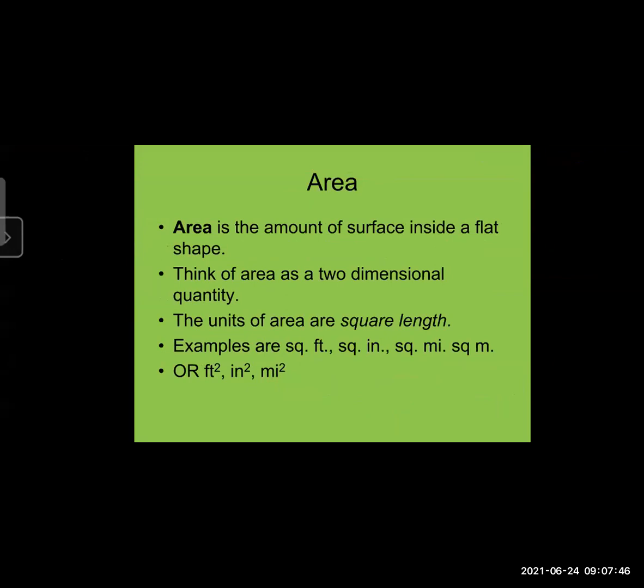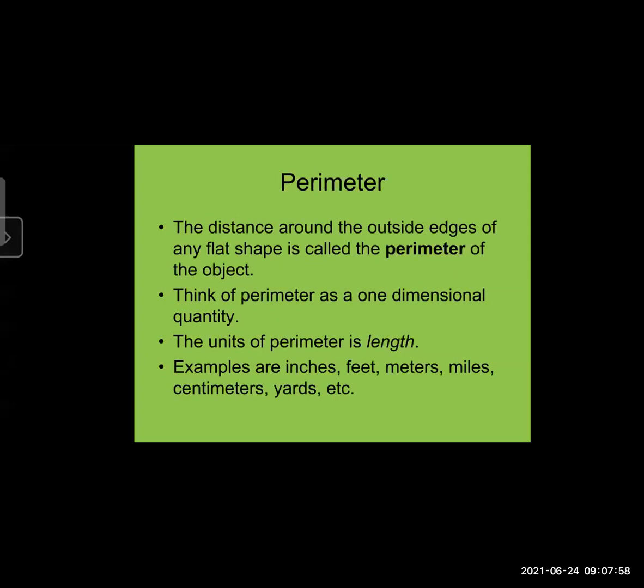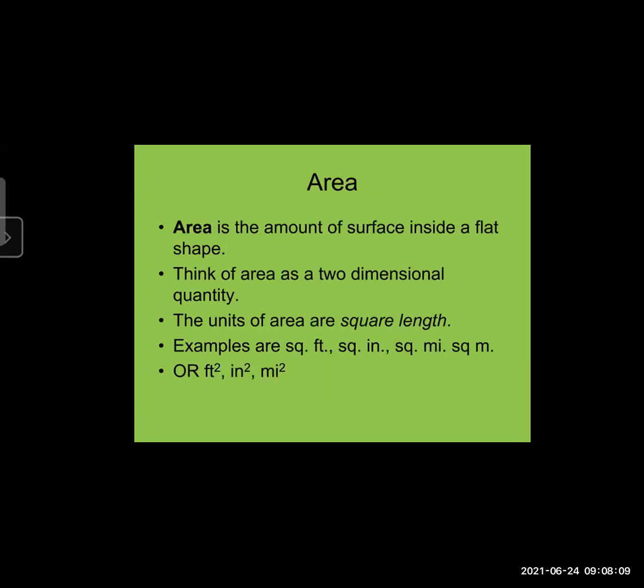Now second, what is meant by area? Area is the amount of surface inside a flat shape. See carefully, what is the difference between area and perimeter? In perimeter, the key word is outside edges. When we measure the outside sides, that is called the perimeter. And area is how much portion or amount there is inside the flat surface, that is called the area. That is the main difference between area and perimeter.